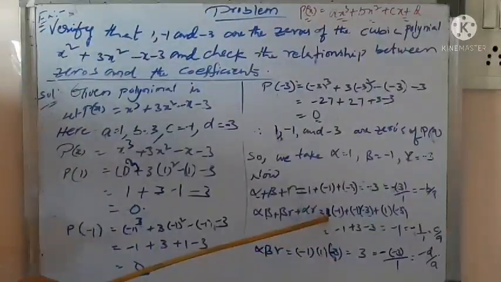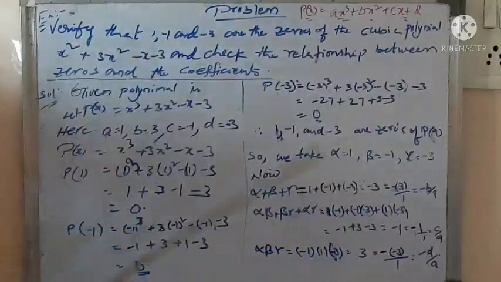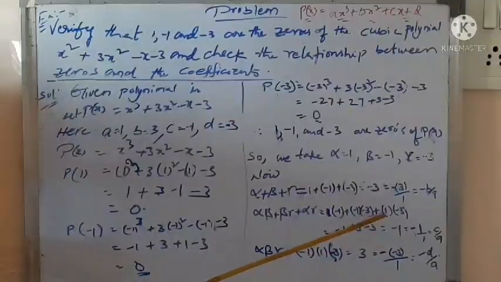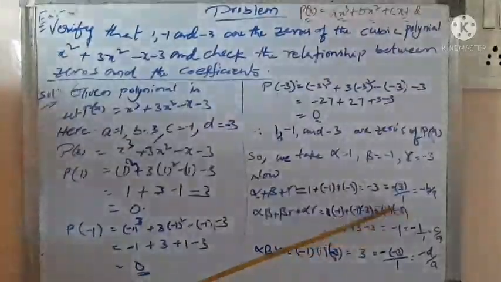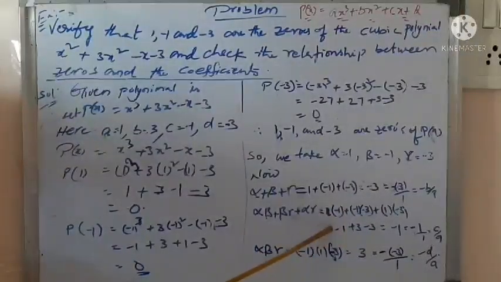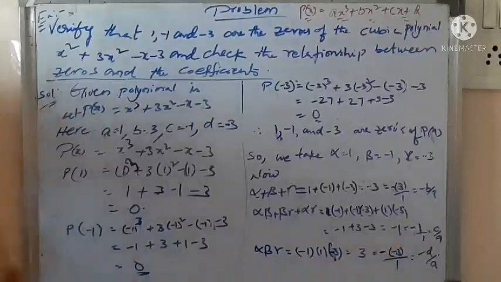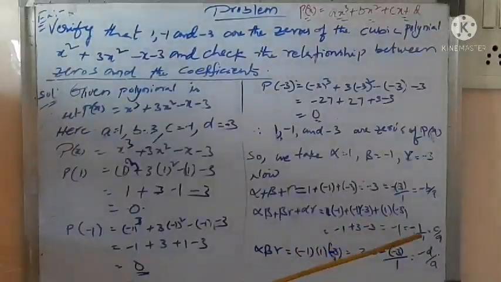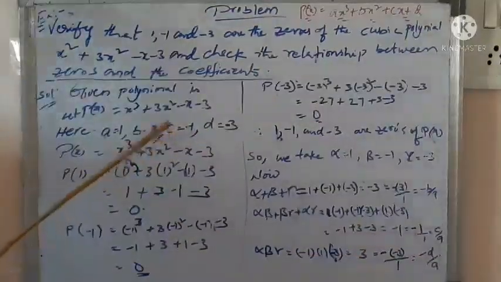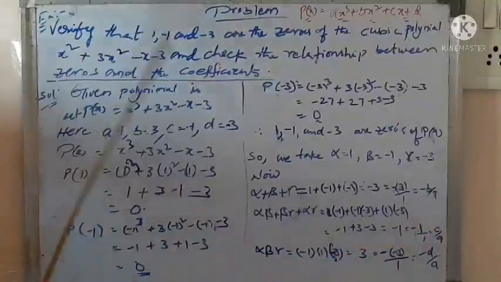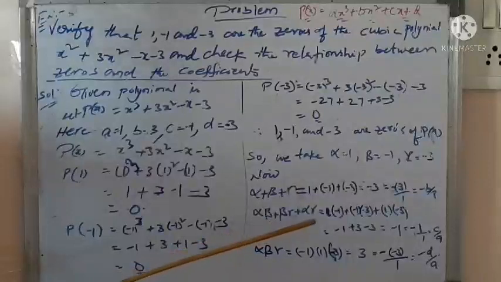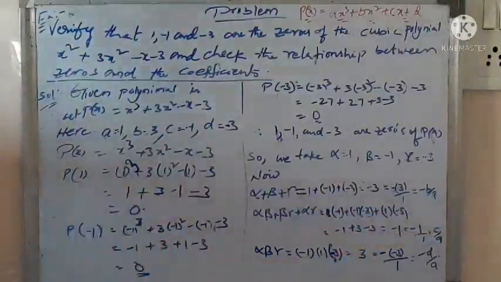And now plus 1 into -1 will get -1. Minus into minus plus, 3 ones are 3 right here. And 1 plus into minus, 3 ones are 3 right here. You know that 3 minus 3 is 0. So here -1 is left. So right here -1. And now it is written as -1 by 1. So see this here. What is the value of -1? C. So right here C. What is the value of 1? A. Right here. This is a relation between zeros and coefficients.